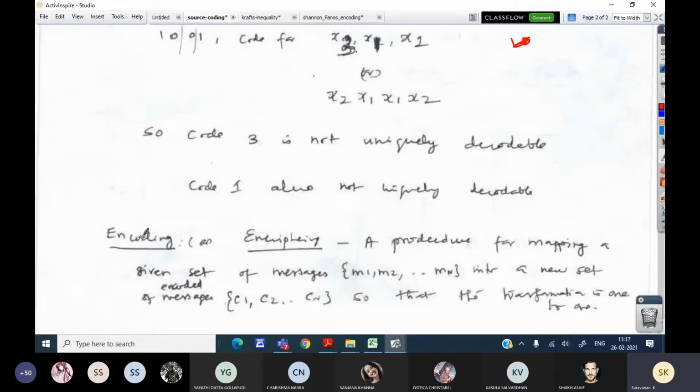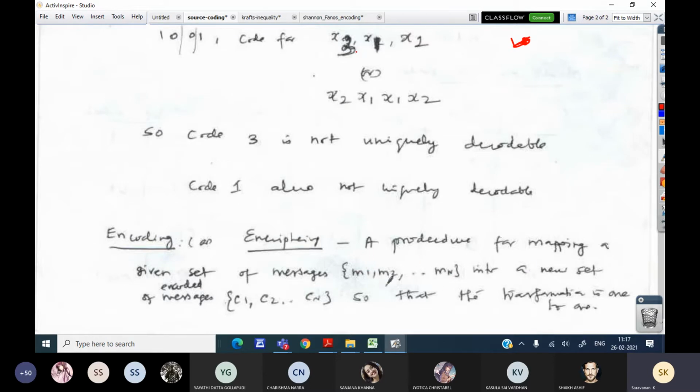Before giving an example, I want to define this term also. Encoding or enciphering is the terminology we are going to use. It is a procedure for mapping a given set of messages M1 to Mn. Suppose a source is generating n symbols.